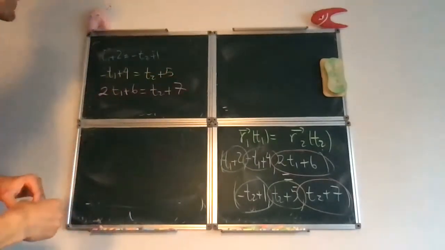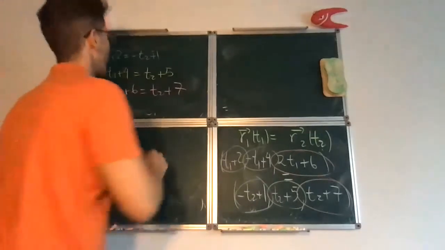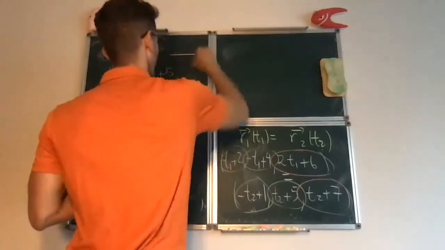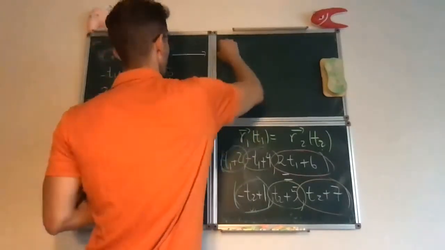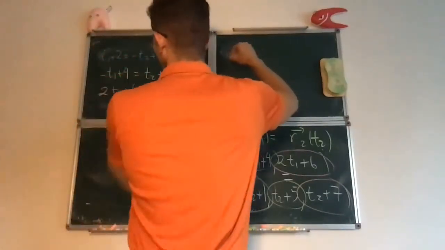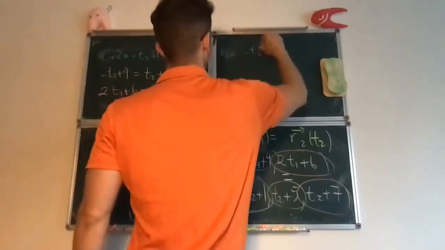And so, for example, the first equation says that t1 equals minus t2 minus 1,